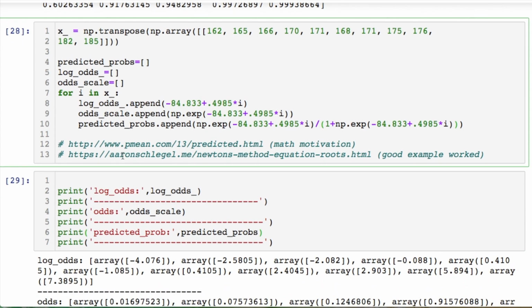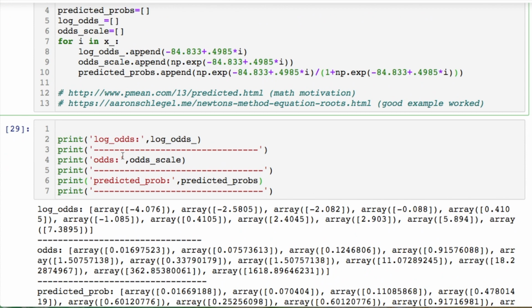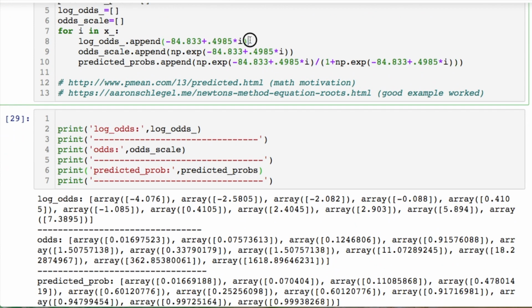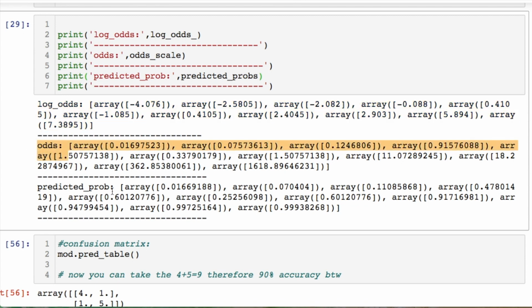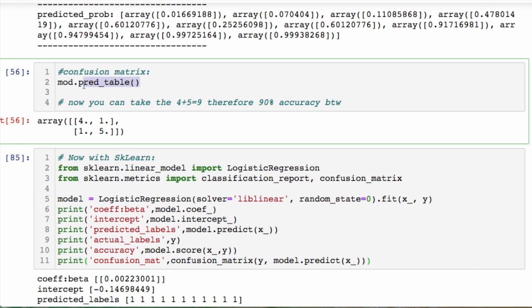This is showing you what's going on intuitively, okay? So please pause this and look at what's going on. This is creating my log odds. I take the exponential, I return the odds. I do the same thing, but I take the odds divided by 1 plus the odds, return the probabilities for each one of my items. Here's my log odds, here's my odds, here's my probability returned, which match what I did for my model through the stats module.